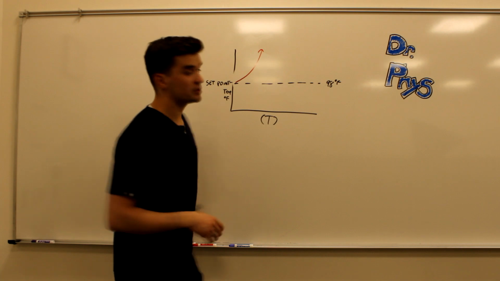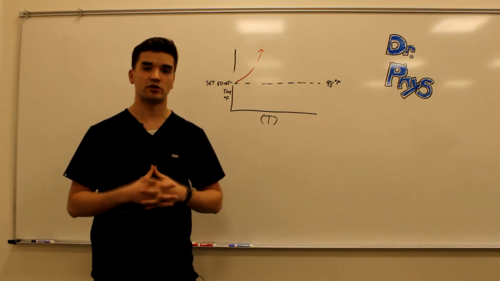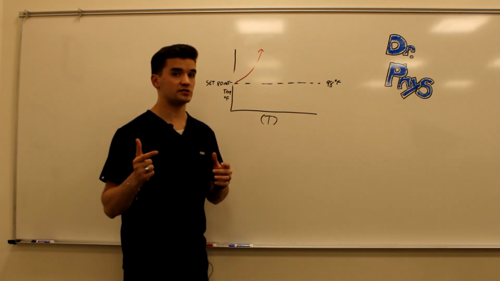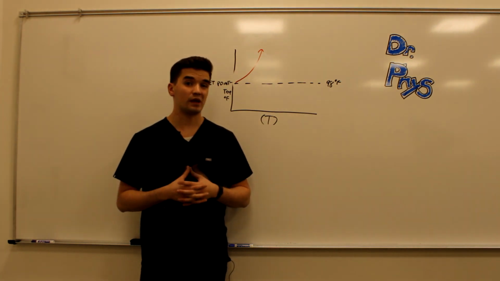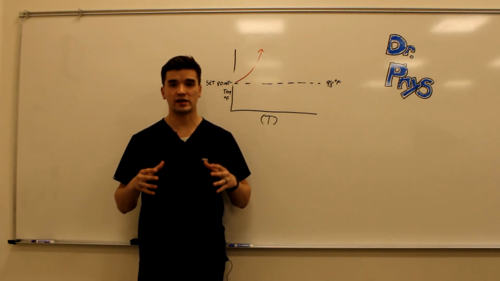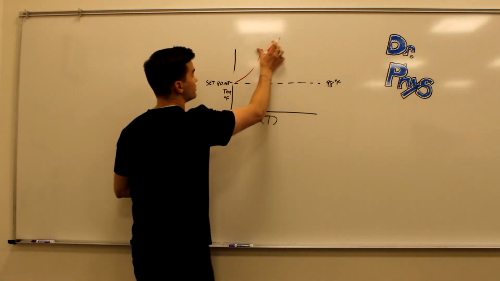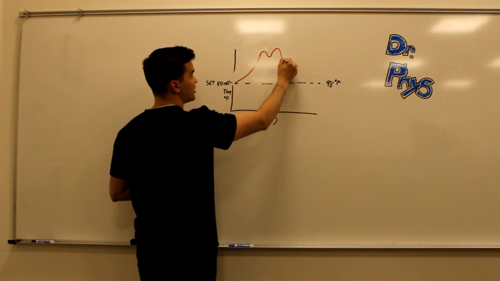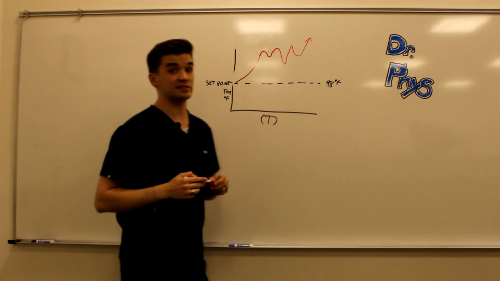Actually, our body will attempt to overheat itself in order to kill all the pathogens within our system, but it usually tends to, once those are done, try to go back to set point. Sometimes our body won't be able to return back to set point because it's so overheated. This is where we'll see fluctuations, attempting to go back to set point, but our temperature keeps getting higher and higher, and that's not good.